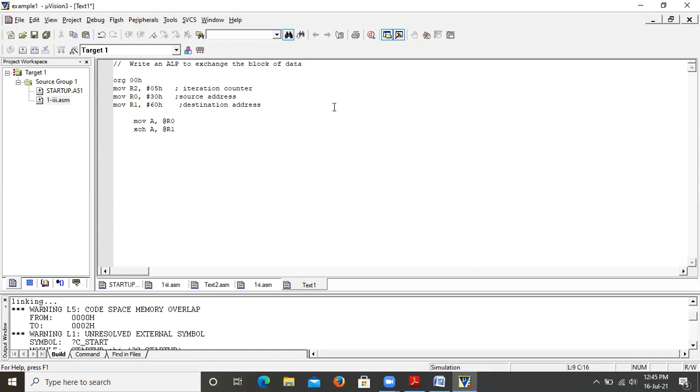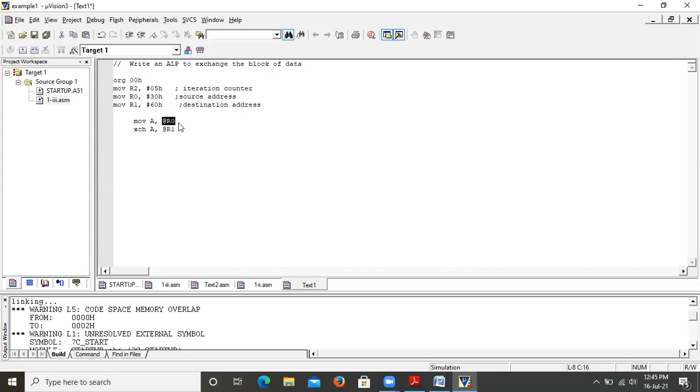What will it do? The content of the first value of R1 and the content of the accumulator are exchanged. What is there in the accumulator now? The first value of R0 is there. So both these values are exchanged.